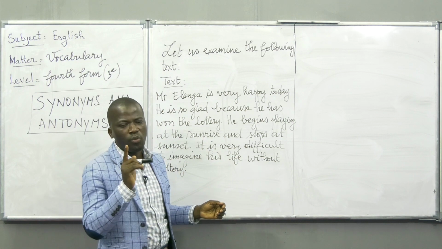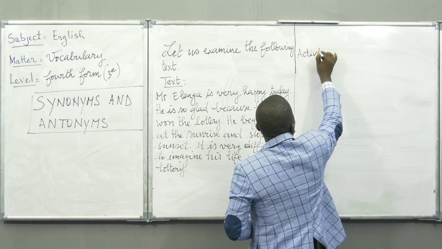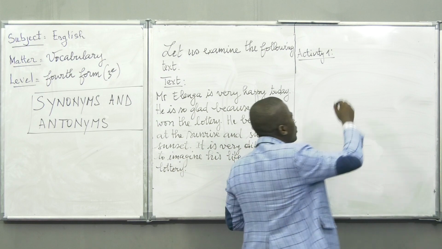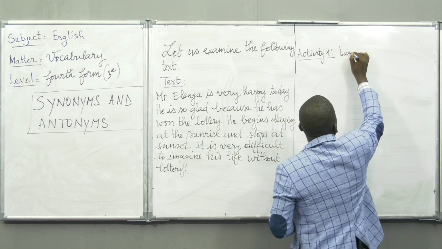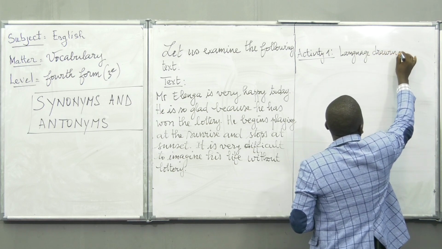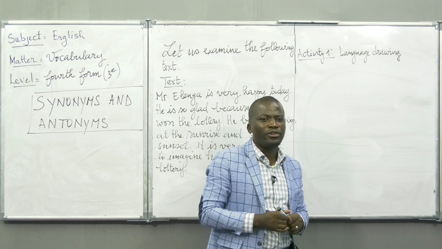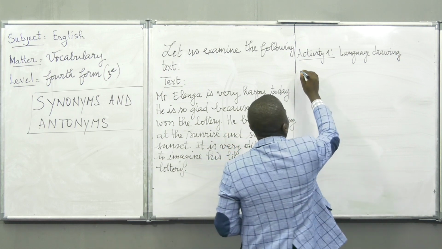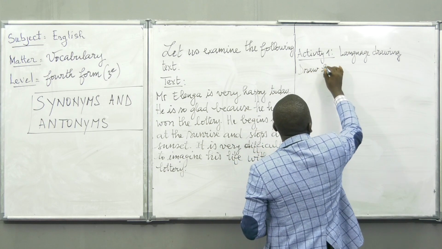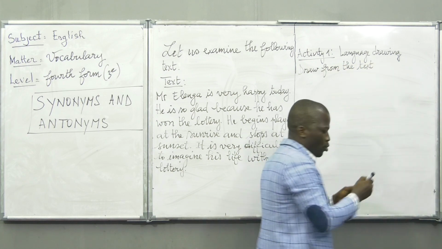Now, activity 1: language drawing. Instruction: draw from the text. You learners, draw from the text